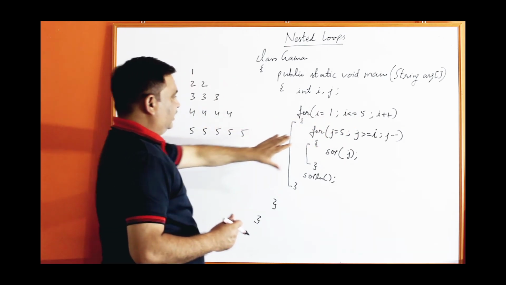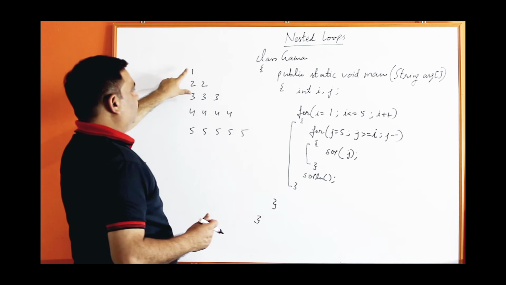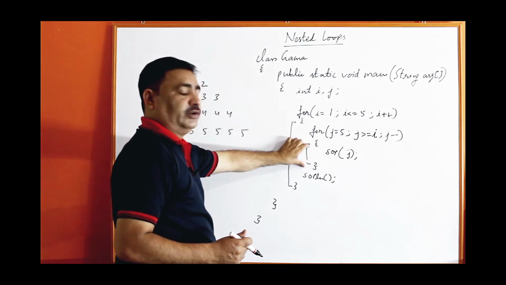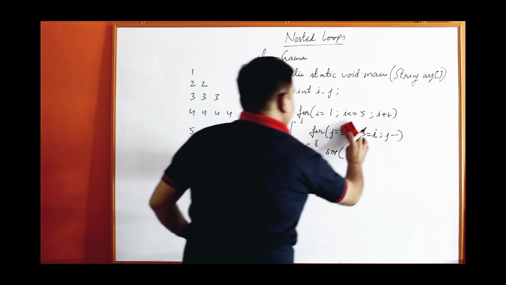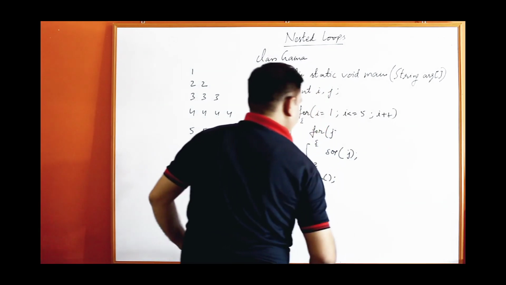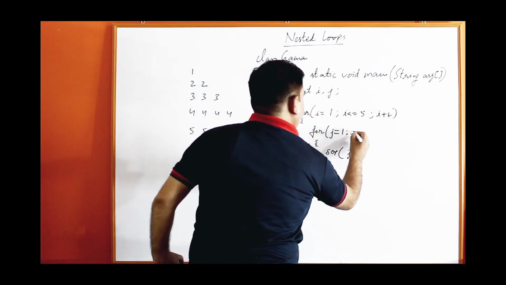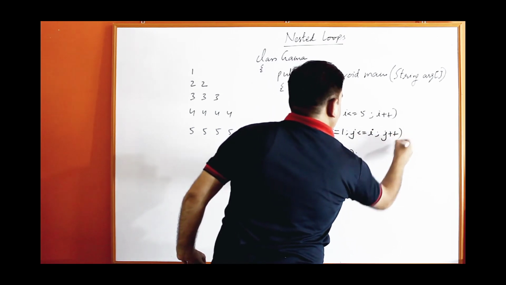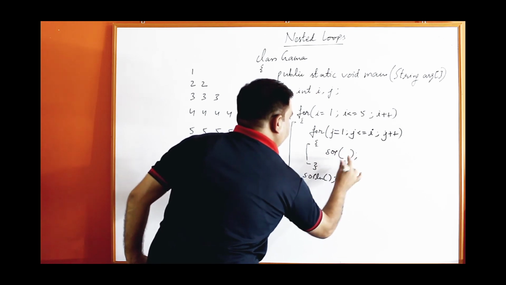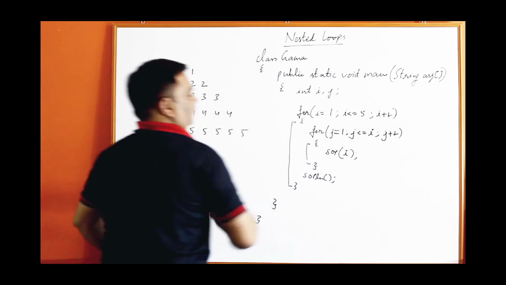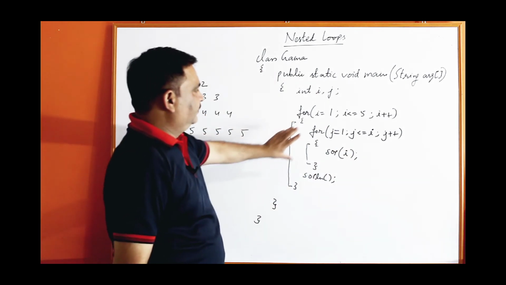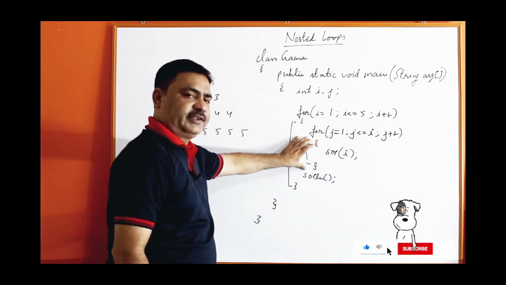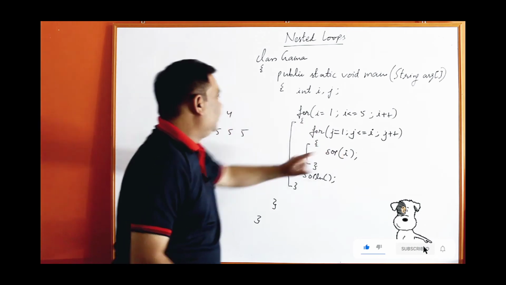So for the inner loop, how many values do you have to print? The first time a single value, one time it should execute, the second time 2 times it should execute. So I make j start from 1, j is less than or equal to i, j plus plus, and now instead of printing j, just print i. See the working: i is 1, so this loop will execute one time, and the value of i is 1, so only 1 will be printed.